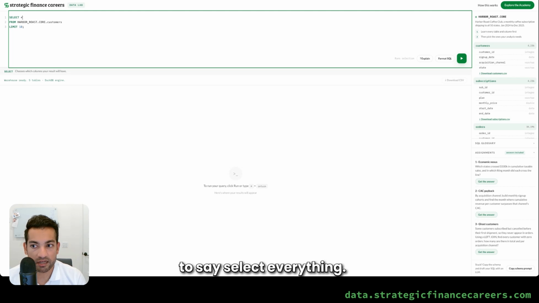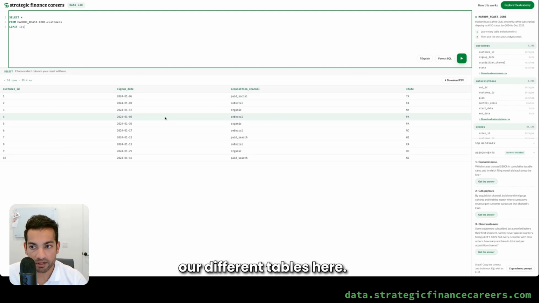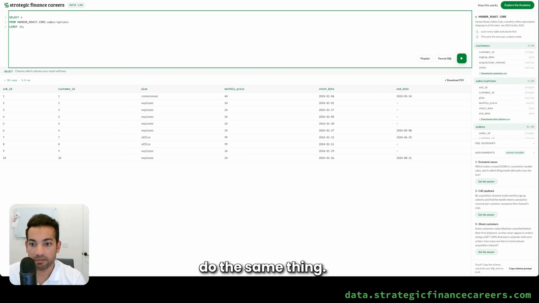So this is going to say select everything. So select star from Harbor Roast Core and the customers table. So if I do that, hit Command Enter, you'll see we get our different tables here. And if I change that to subscriptions, do the same thing, we now have our subscriptions table. If I hit this explain button,